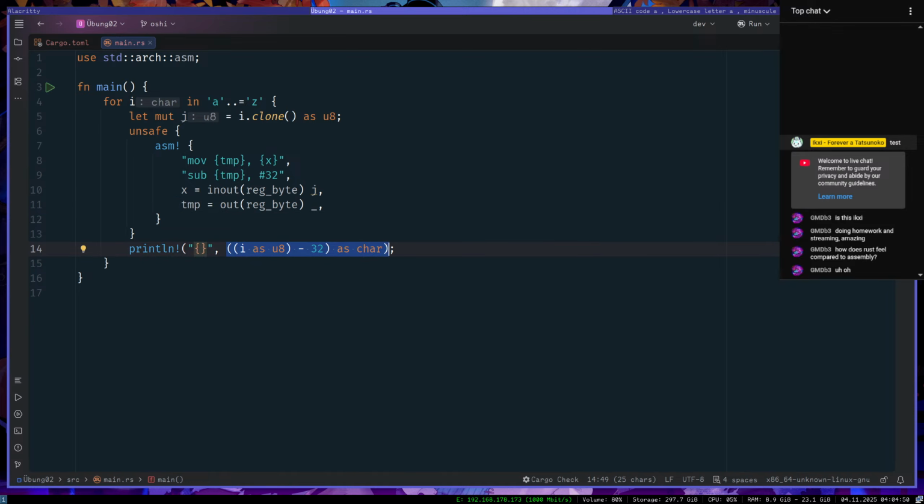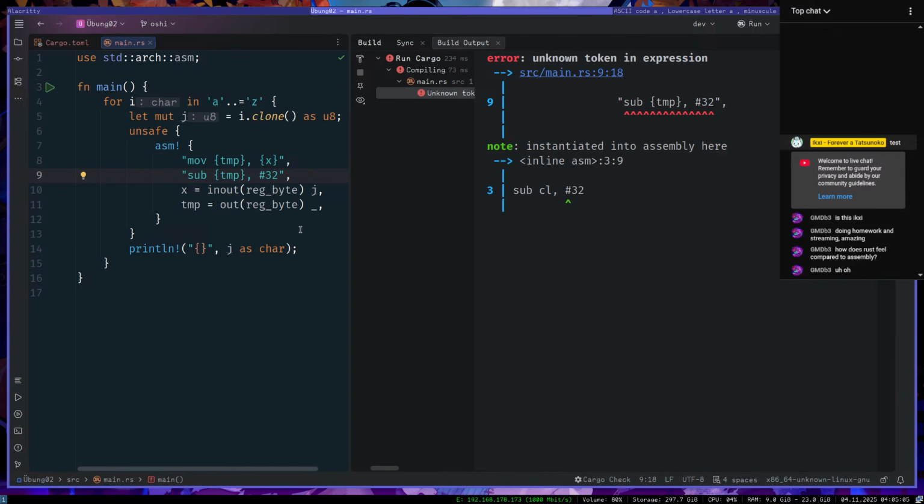And then here J as char. Something will go wrong here, yeah. Instantiate into assembly here. Unknown token in this expression. Wait, what? Wait, what?